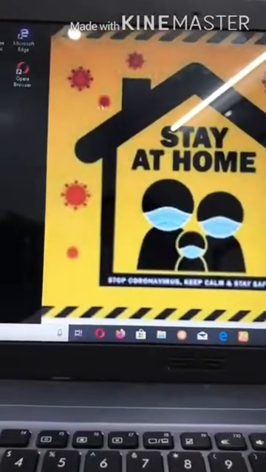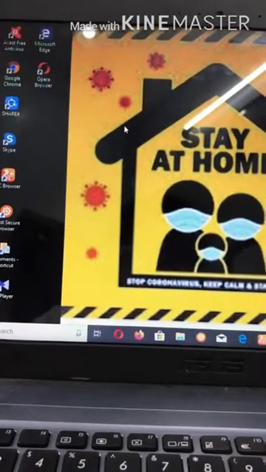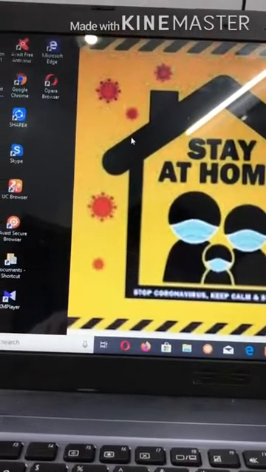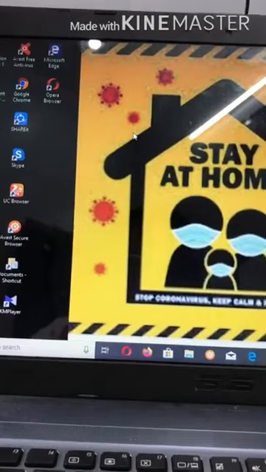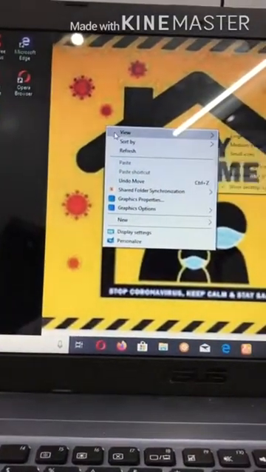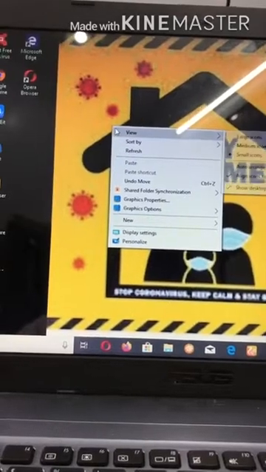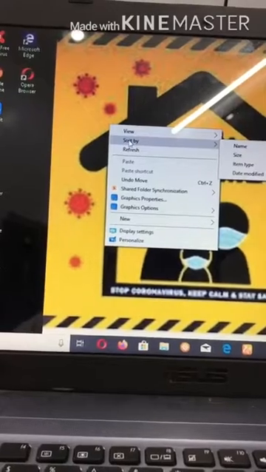Look at this blank area of your desktop. If we want to sort the files in alphabetical order, first we will right click on the blank area of the desktop, and then this context menu, the shortcut menu, will appear. Now we will click on this option, sort by.